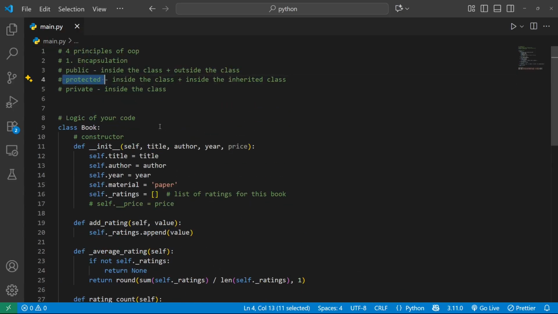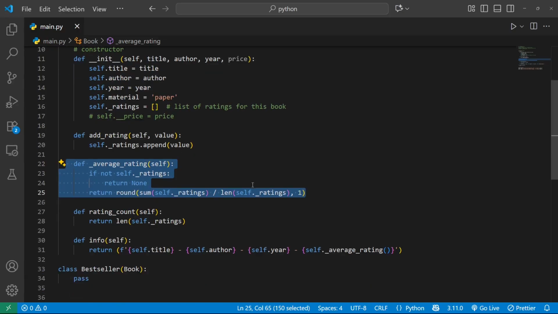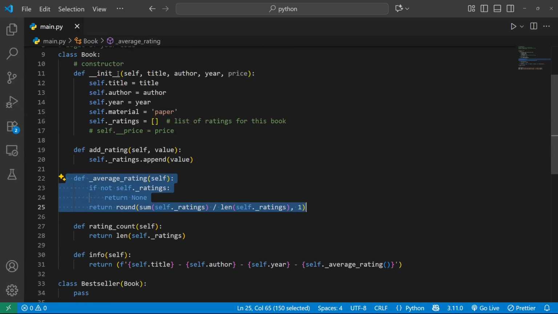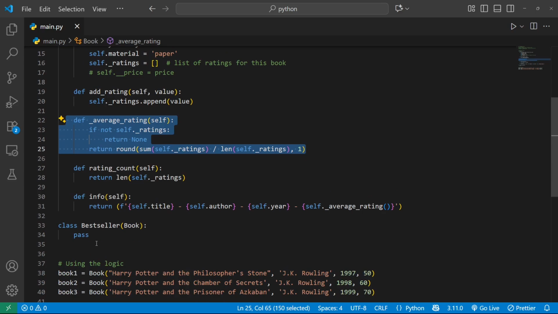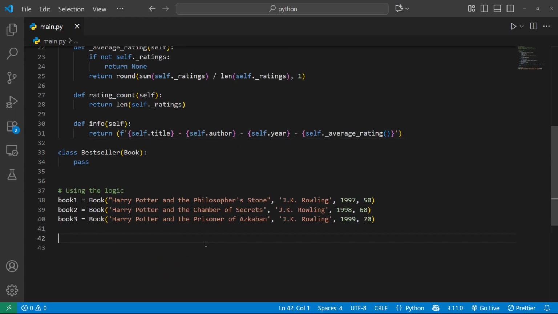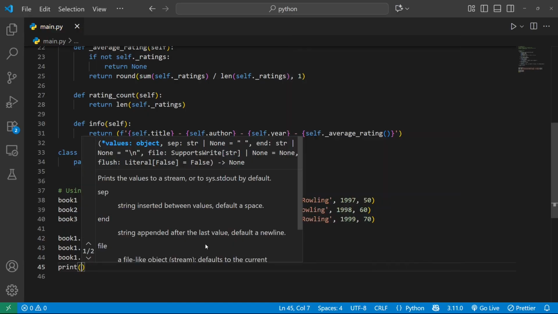So now we speak about protected. So this method is protected. So it means we can use it inside this class book and inside the bestseller book. Okay, and now if you want to use it, for example, here you have to change the name from average rating to underscore average rating. Okay, so now if I put here again book 1 at rating 543, and I would like to print the info,